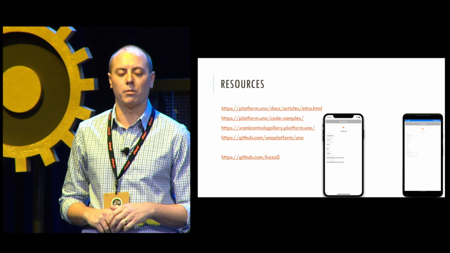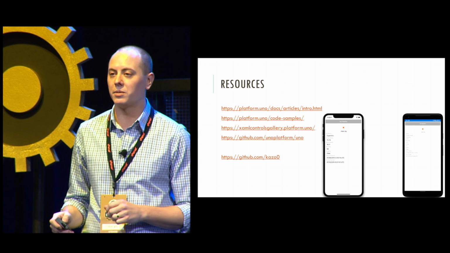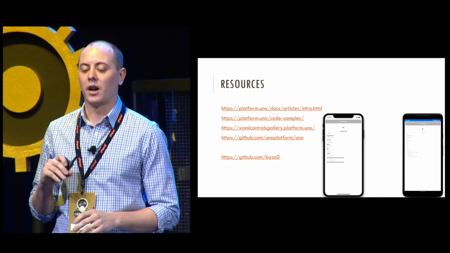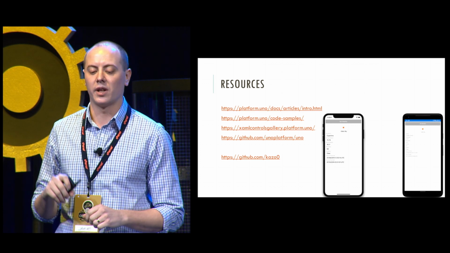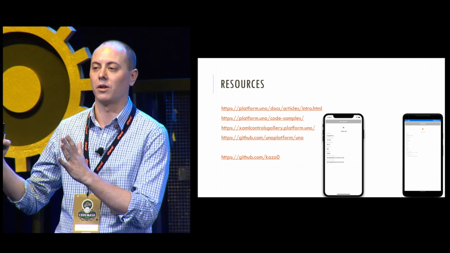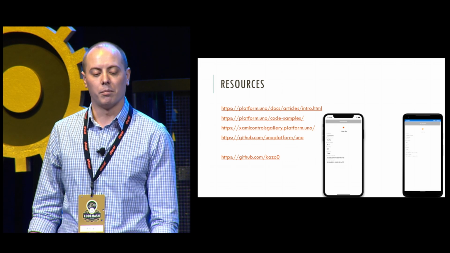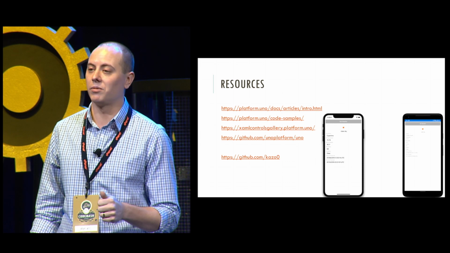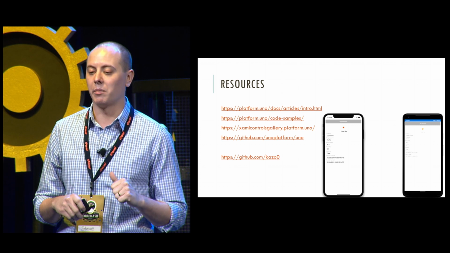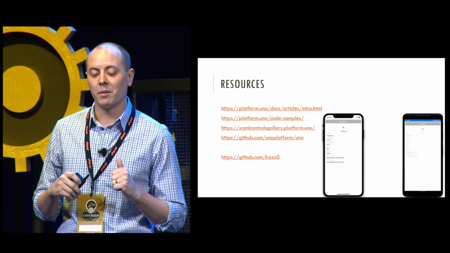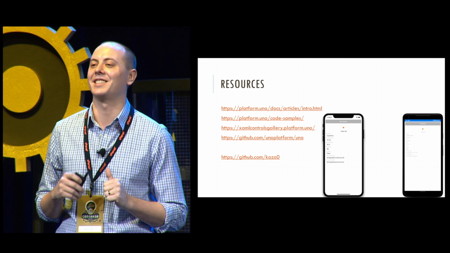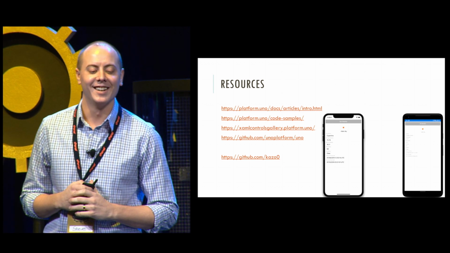And finally, just some resources. Like I said before, platform.uno is their website. They have code samples there. They have a really cool XAML controls gallery where you can rapidly prototype, build some XAML components, and you'll see on the right side of the screen, it'll be compiled down to WebAssembly and displayed for you. They also have their GitHub, github.com/unoplatform. They are always open to pull requests. This was developed in Montreal, Quebec, and it was documented by people from Montreal, Quebec, so they would love to have some people that know how to actually write some English to fix all their typos in their documentation.